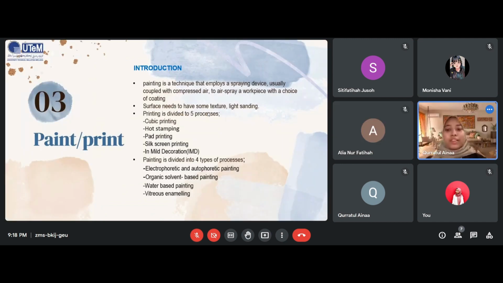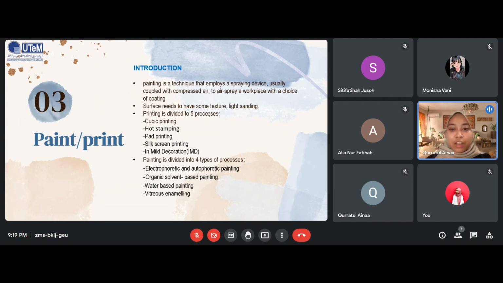Thank you. So now I will present about what is painting and what is printing. Painting is a technique that employs a spraying device, usually coupled with compressed air, to spray a workpiece with a choice of coating. The surface needs to have some texture, like sanding. Printing is divided into 5 processes, which are cubic printing, hot stamping, pad printing, silk screen printing, and in-mold decoration, IMD. Painting is divided into 4 types of process,